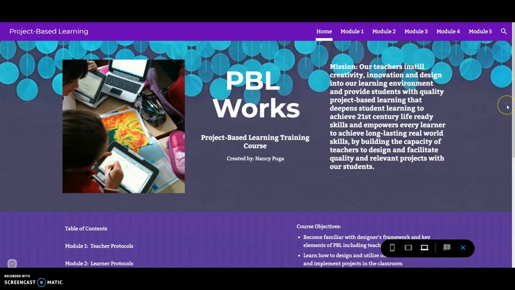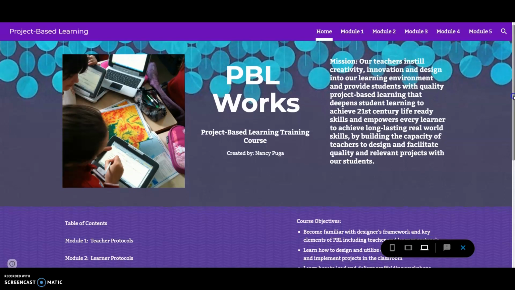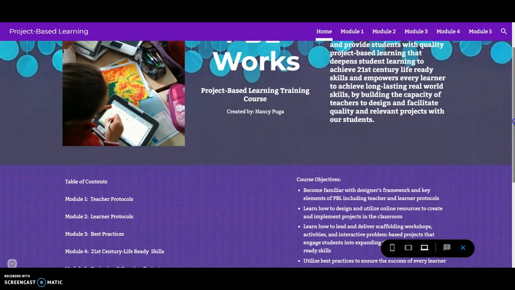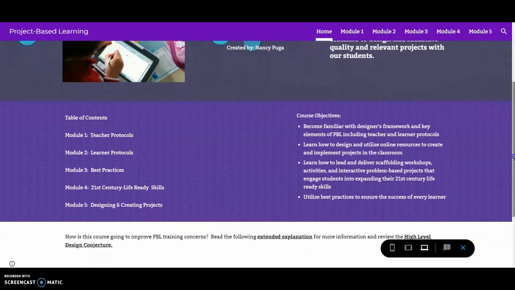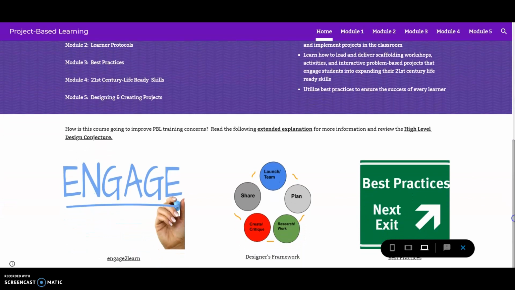Last time I presented, I showed you and talked about my homepage and Module 1. My homepage includes my mission statement, the course objectives, a table of contents to include what each of the modules has in it, and then 3 links for web pages that have information on writing projects and the designer's framework